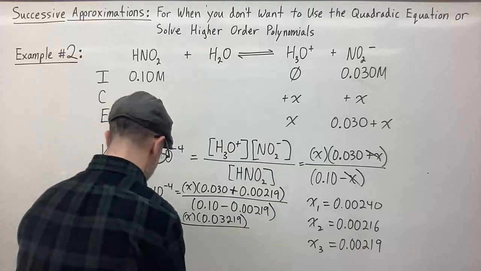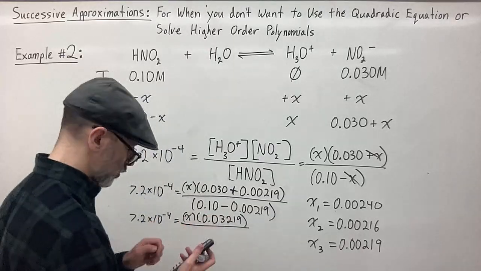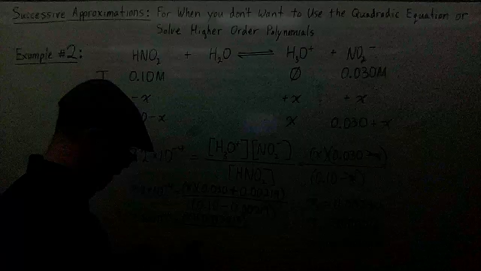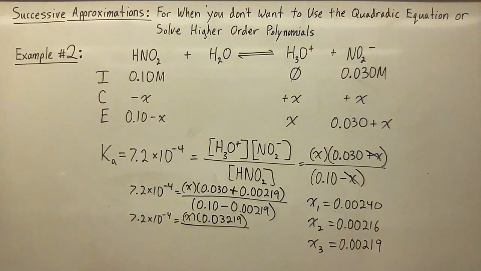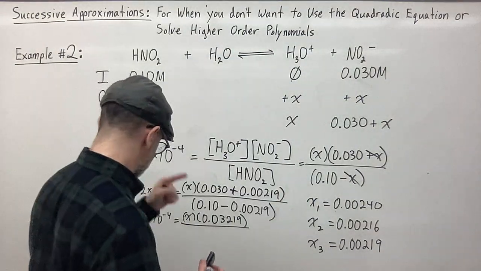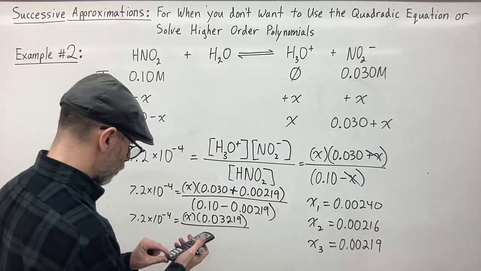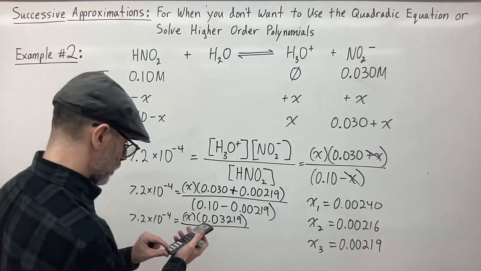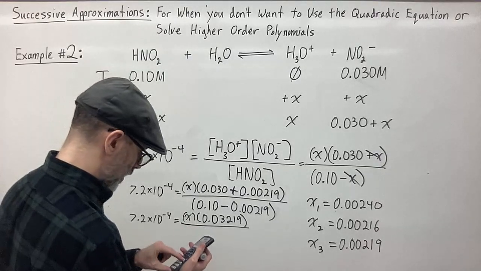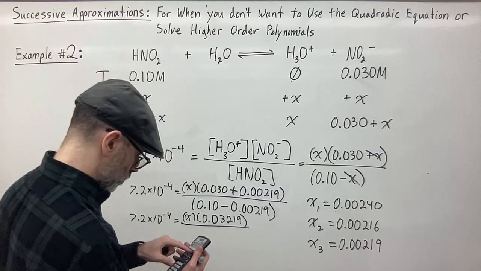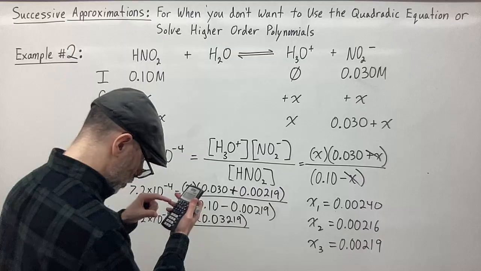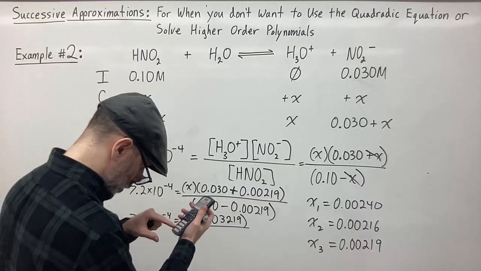And we're going to divide that by, and we're going to subtract these two, so 0.10 minus 0.00219 equals,